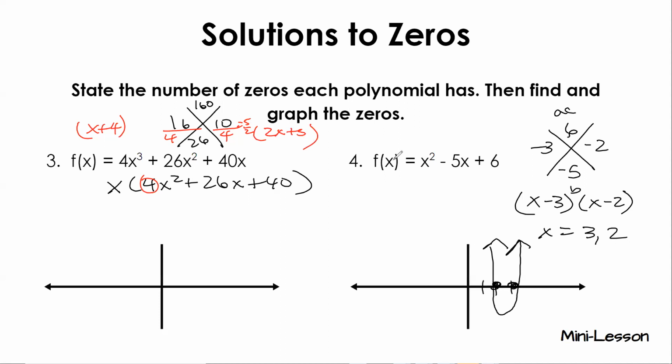But when I solved all this out, and again, I know I'm going pretty fast on this, I would get x equals negative 4, x equals negative 5 halves. And then x equals 0 because we took out that x at the beginning. So since it's a cube, it would look like